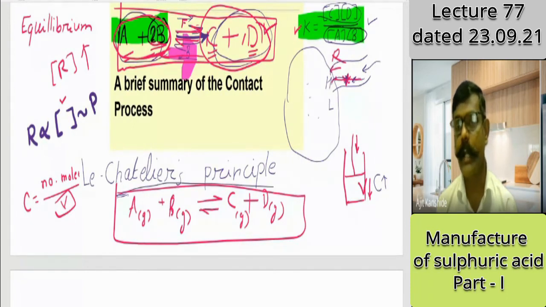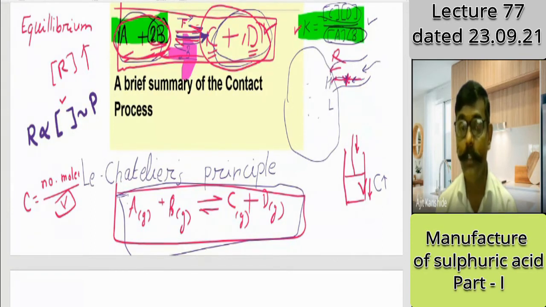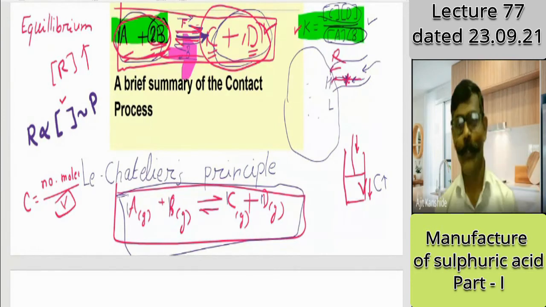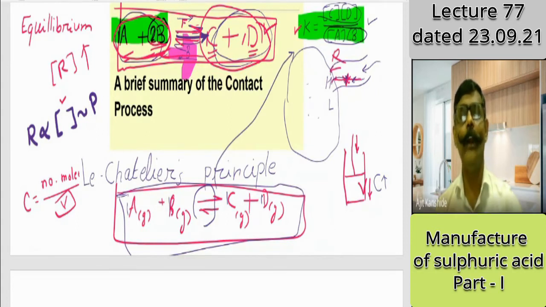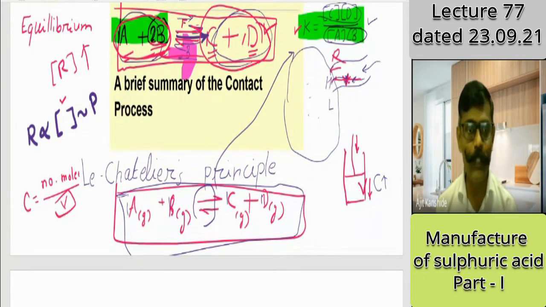The question I asked you: if I increase the pressure of this reaction vessel in which reactants and products are there, you have to think how many reactants are there. How many molecules? Here one is there, here one is there. Two reactant molecules are there. And how many product molecules are there? One and one. So the number of moles is not changing, and volume also is the same for all. So the equilibrium constant, capital K, which I discussed here, will not get affected in this case, because the number of moles is not changing.